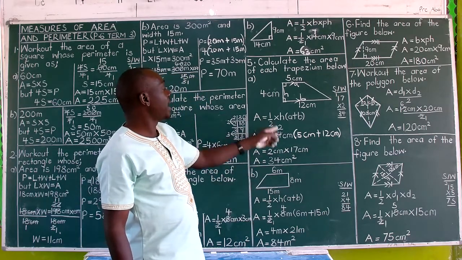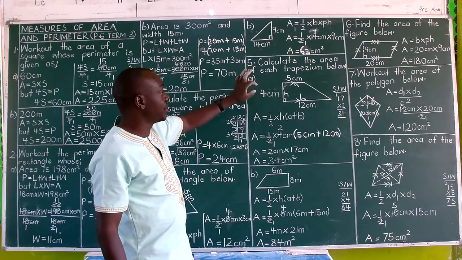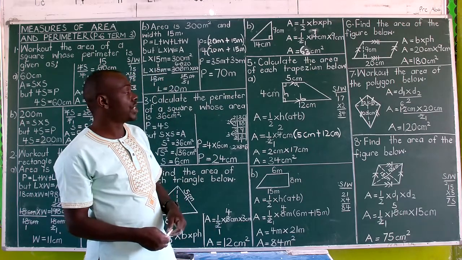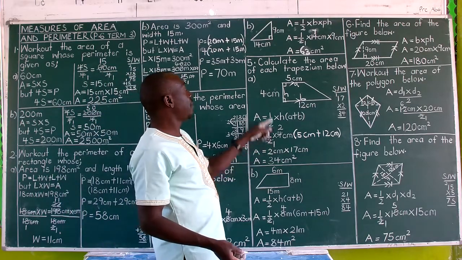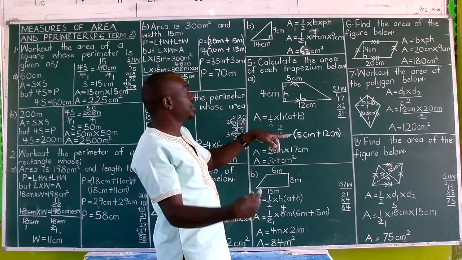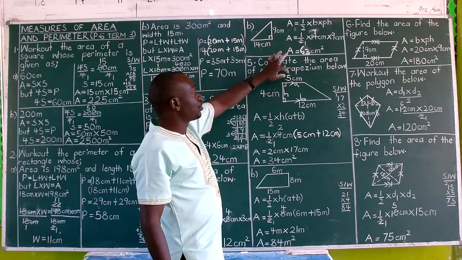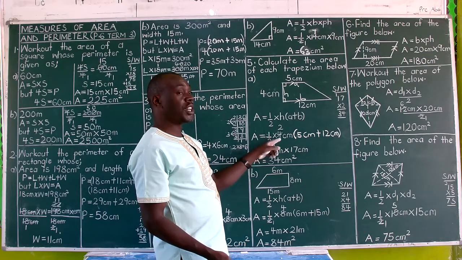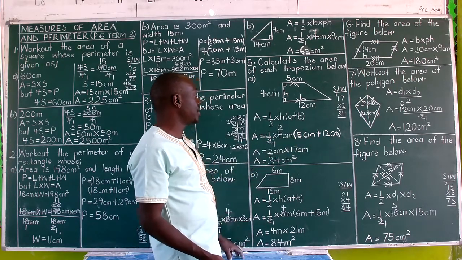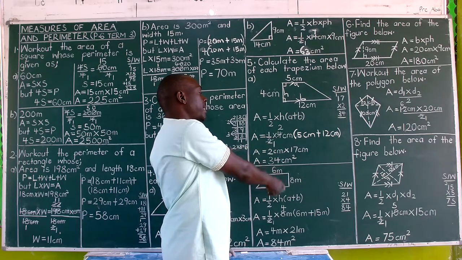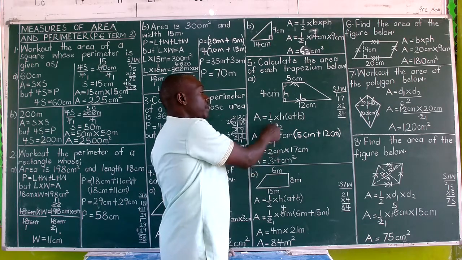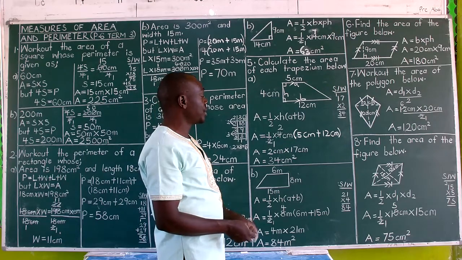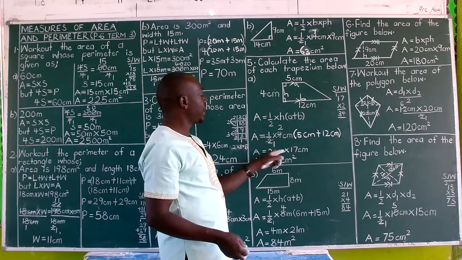So how high is the height? It is 4 centimeters. Side A is 5, the shorter, and then the longer is 12 centimeters, the one we term as B. So we substitute accordingly: a half times 4 centimeters into, open the brackets, 5 centimeters plus 12 centimeters. Fortunately, 4 is divisible by 2, so we divide by 2 once. 4 divided by 2 gets 2. Now centimeters remain. The into, in terms of operations, means times. So 2 times the sum.